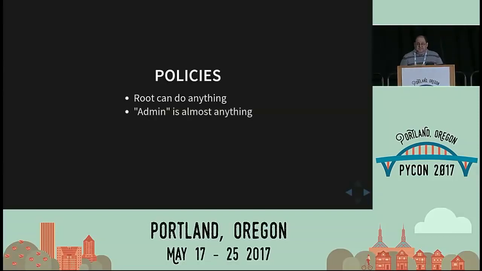Now, after you have your users and you have them properly credentialed, you can start applying policies to them. So as I said, root can do anything. There is really no way to apply a policy to root. That is fine because you should never log in as root. Admin policy is almost anything. I don't remember what it limits. I think actually nowadays it limits literally nothing. It's one of the default policies in AWS. So if you want to have a user who is as powerful as root, you can just give them admin policy. There is no reason ever to log in as root, unless you somehow lost a credential and you need to recover it or something very critical like that. The policies are extremely